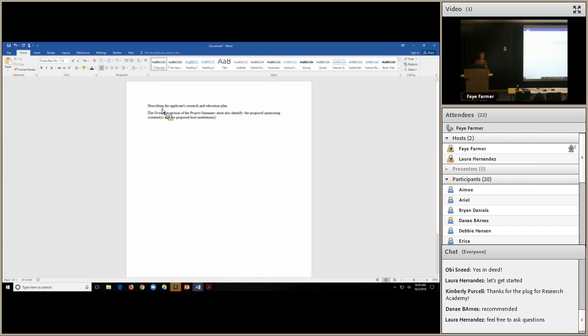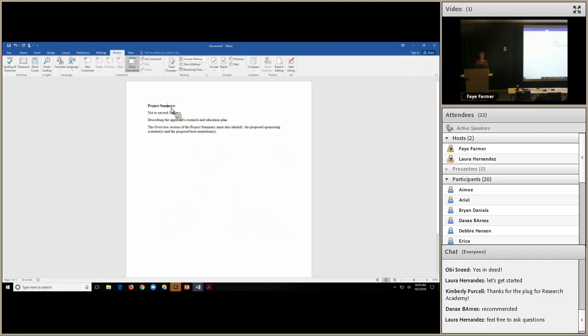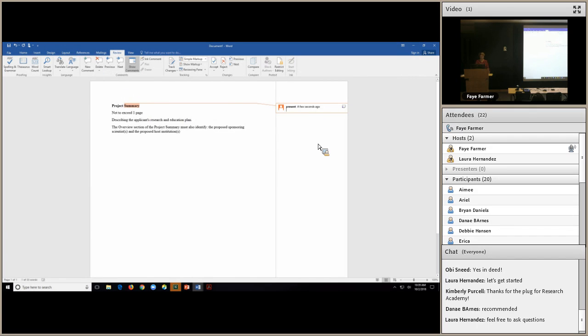Okay, so here I've created my first one, project summary. And then I can put this, not to exceed 1 page. Here I have my bold. I'm deciding on my rules, and I'm going to say bold, black font equals section headers. Okay. Then I'm going to say this is my page limit, and I'm going to make this